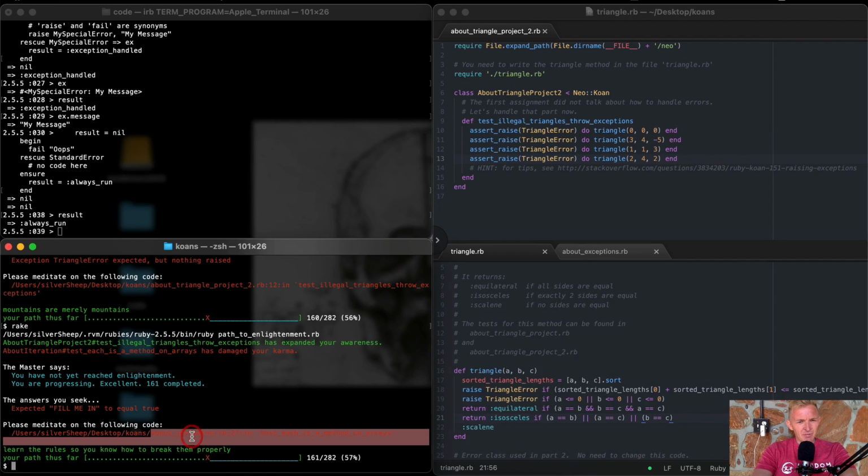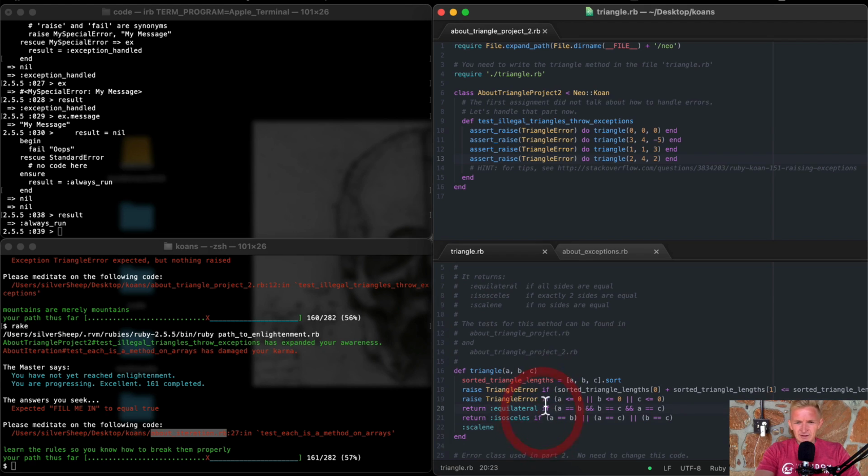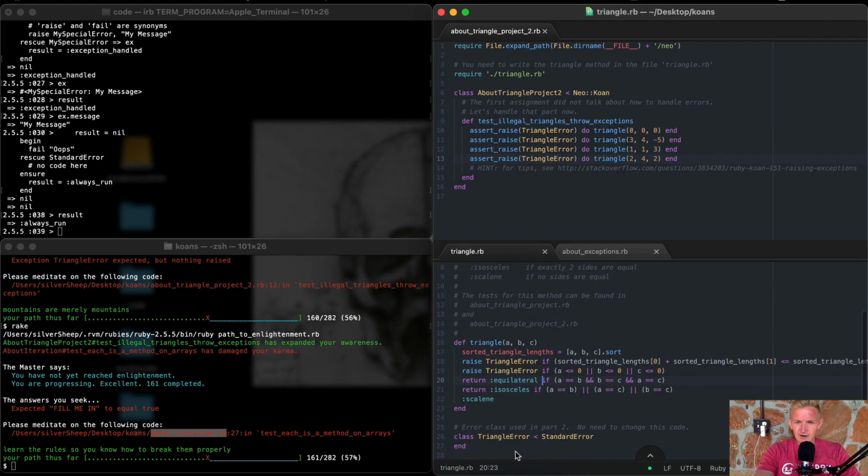So yeah, now we're at about iteration, which is another exercise. So we've completed this one. So basically we're raising this triangle error if we have values that are less than 0, and then we also sort the lengths, and then we can check to see if the two smallest ones are less than or equal to the largest. So here we've sorted, we take these 3 parameters,